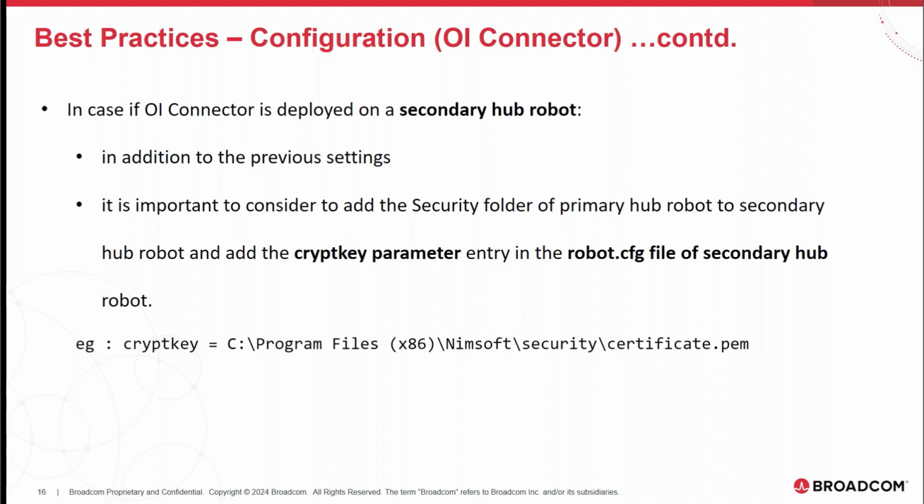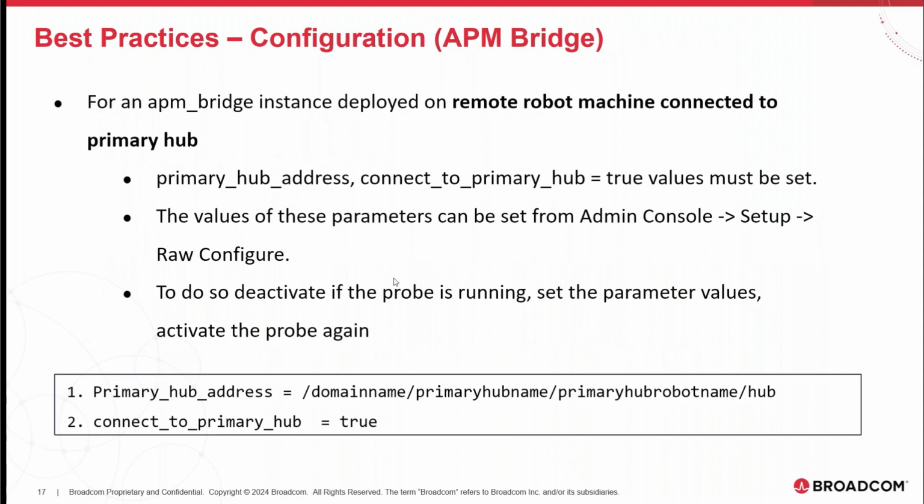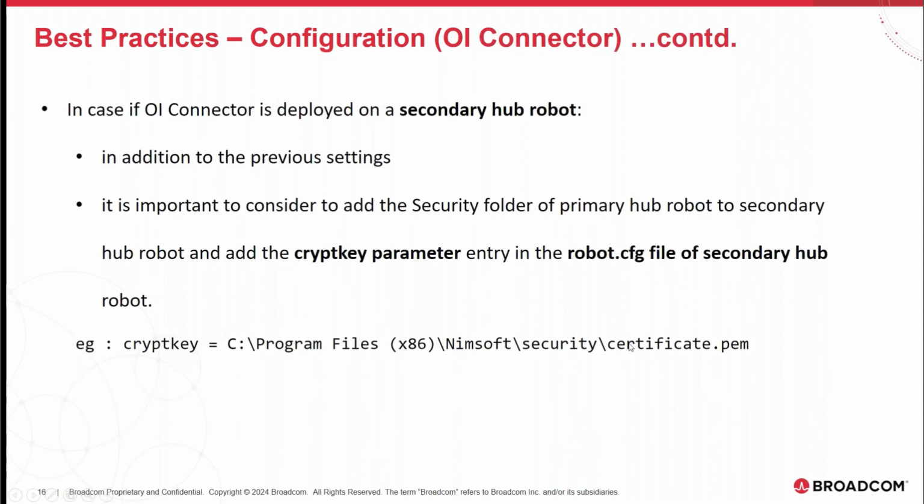Where you have a bunch of different remote devices which are being monitored by NetConnect or some other remote probes, and there is a use case where you need to deploy it on the secondary hub. In that case, to establish a successful communication, the robot.cfg file must be updated with the crypt key parameter, which points to the certificate.pem file of primary hub. One needs to pick this certificate.pem file from the primary hub machine,